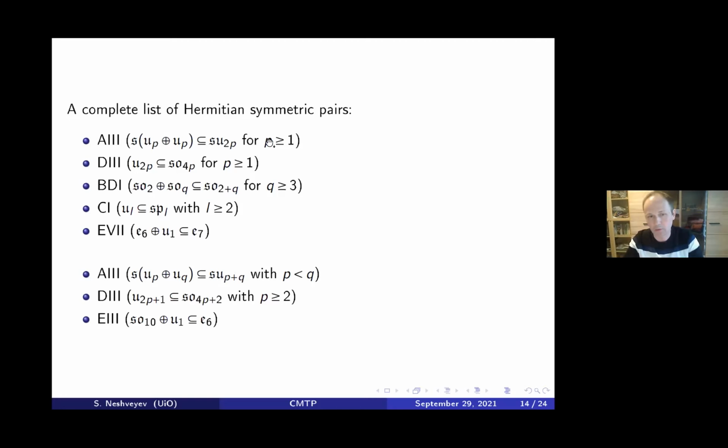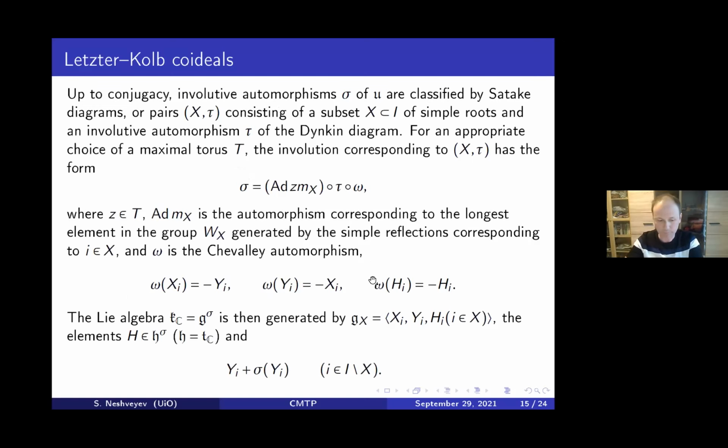It turns out that all of these have been quantized, although without analysis of Poisson structure, just at the level of generators and without clarifying the derivation from Poisson structures. That was started in the 90s, and in full generality, it was done by Letzter, and later Kolb streamlined these presentations and extended it even to the Kac-Moody case. So briefly, what happens is as follows.